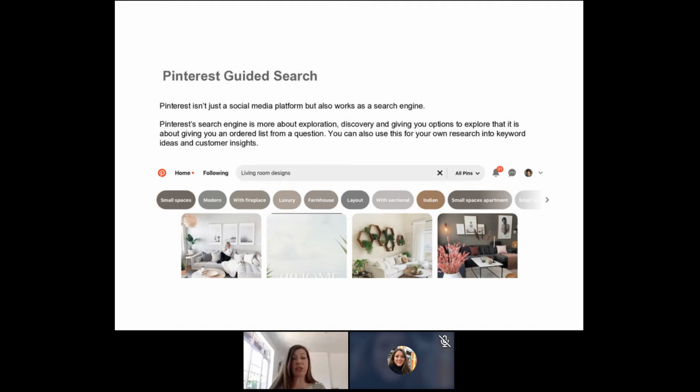Pinterest guided search, this is where it really comes in. It's not just a social media platform, it also works as a search engine. It's about exploration, it's about discovery. Pinterest in its very essence is aspirational and inspirational. So you can use it for your own research as well. So it's not just about your customers finding you, but about you finding the things that your customers are potentially interested in. So if, for example, you're a home accessories